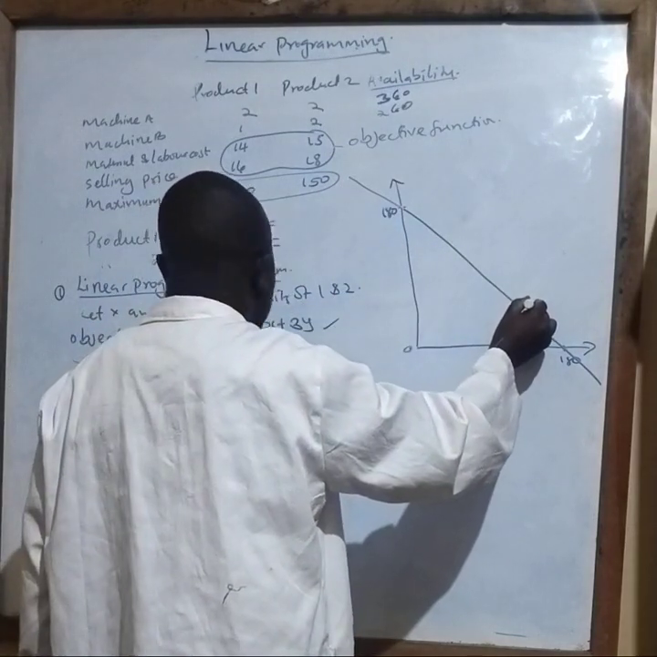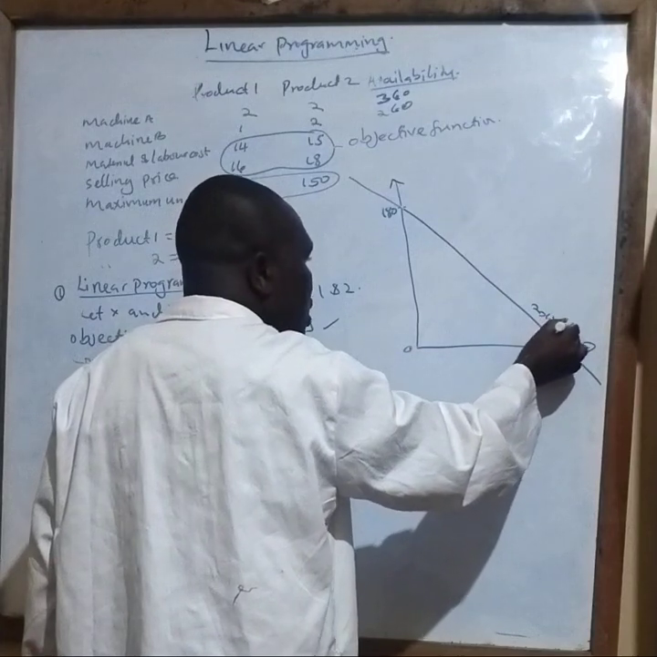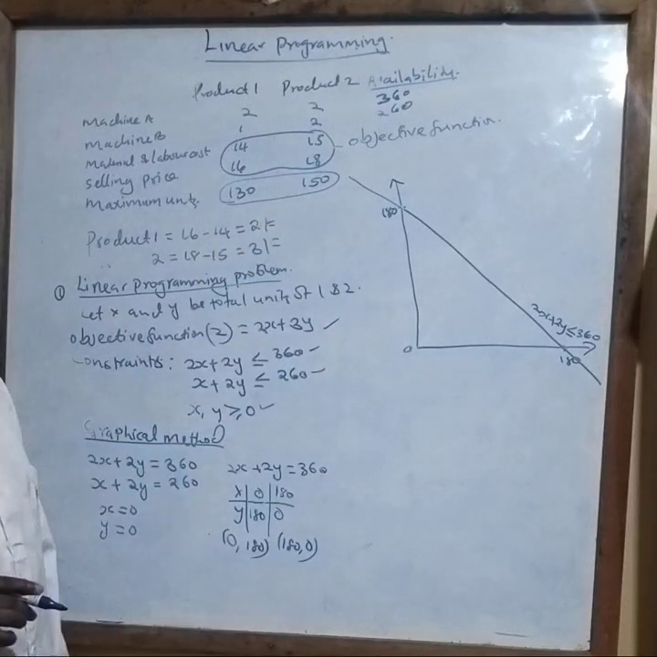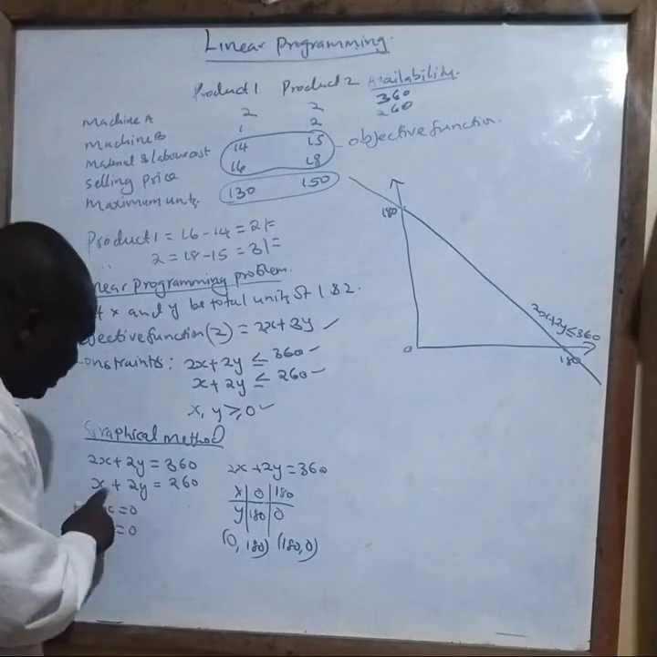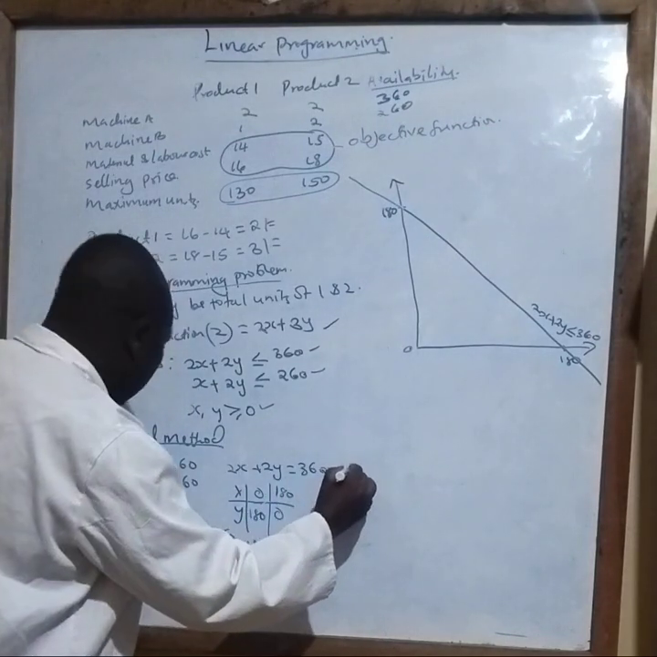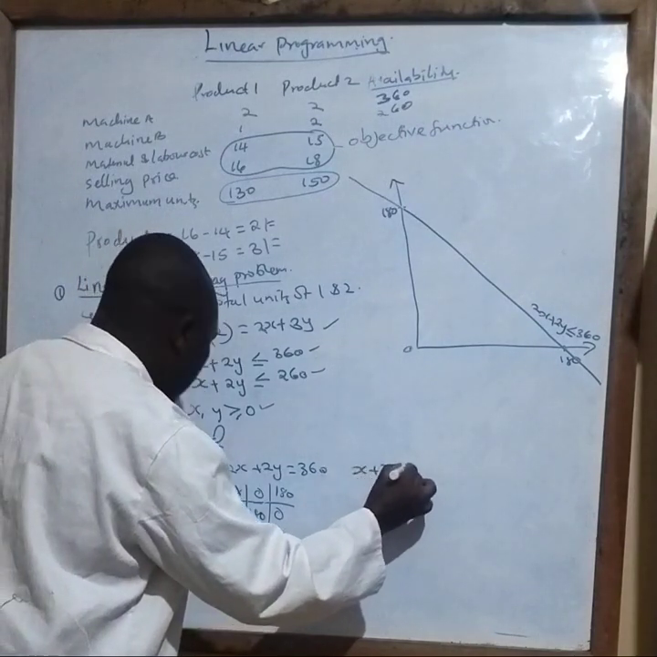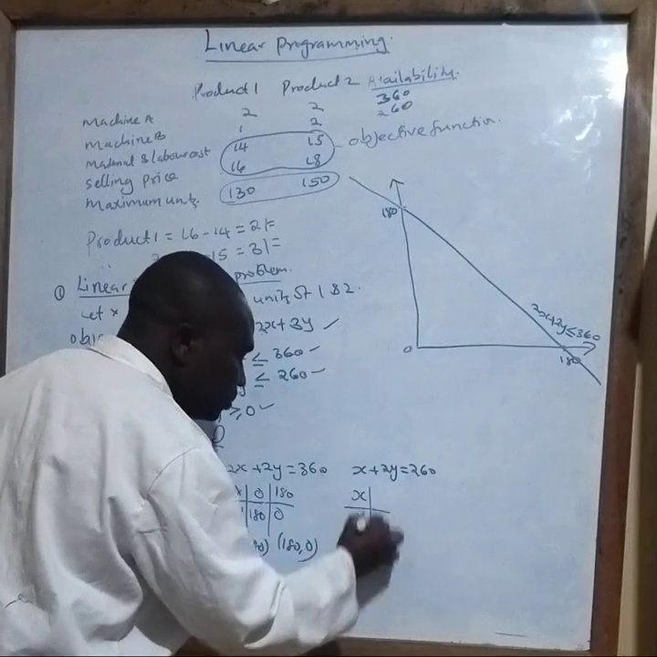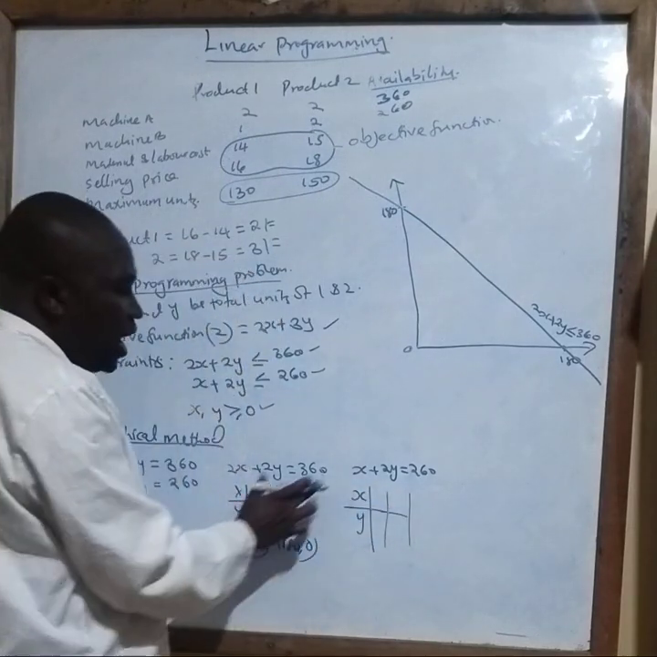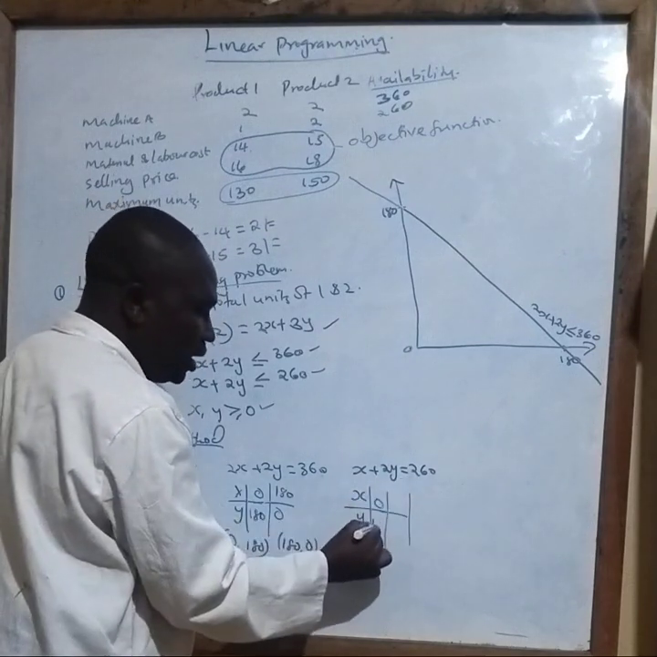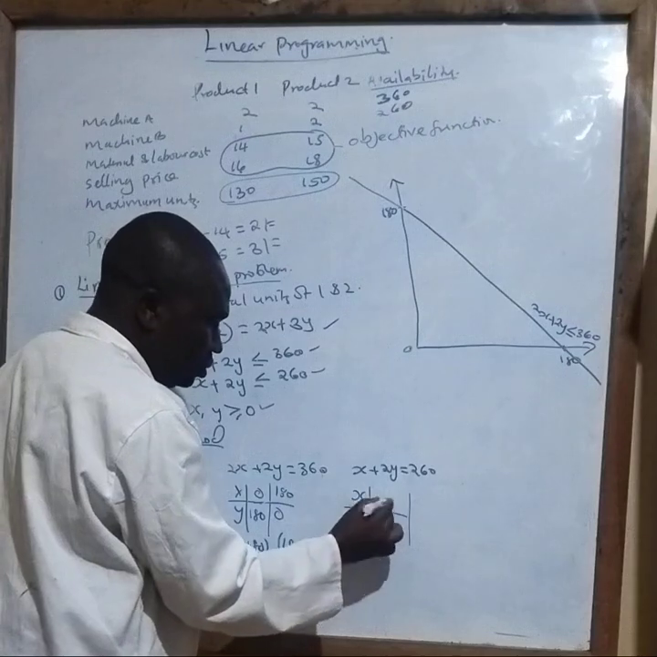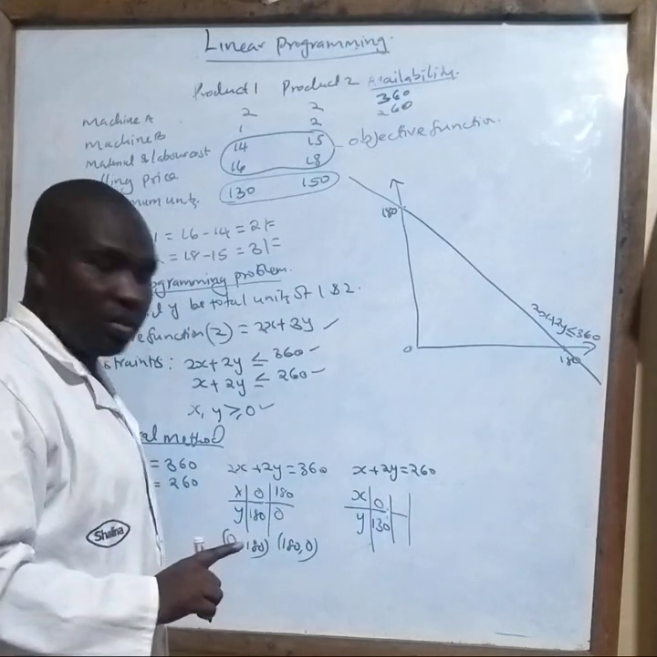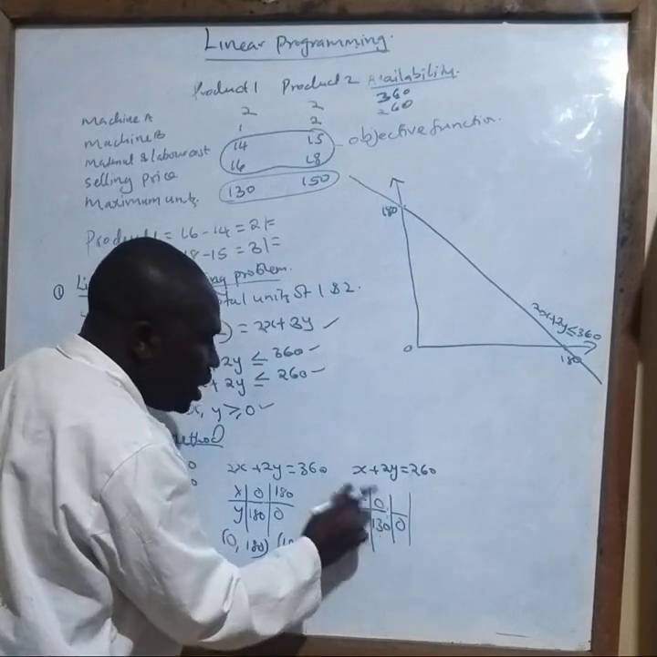Now, this equation here is 2x plus 2y equals to or less than what? 360. That is your first equation, and you have already presented it on your graph. The second now is this second equation here, which is x plus 2y equals to 260. Again, you proceed, say x, y. Then you say, if x is 0, y is 130, which means 260 divided by 2. Then if y is 0, x will be